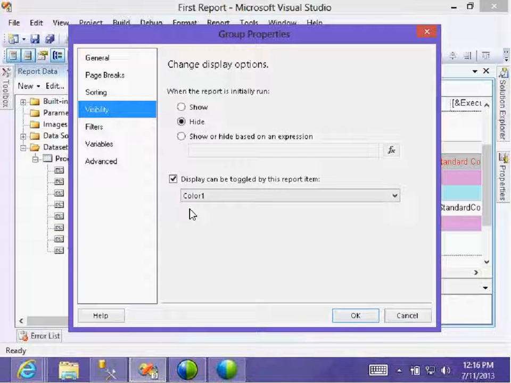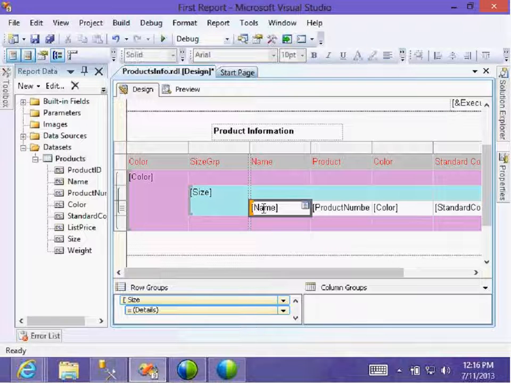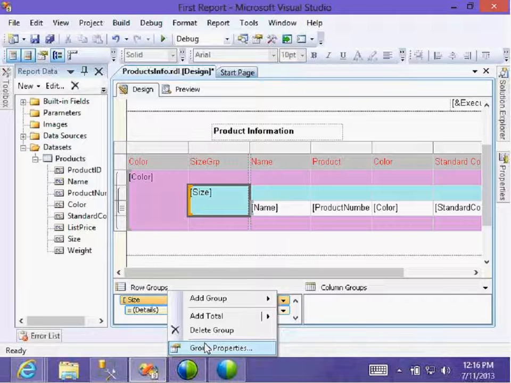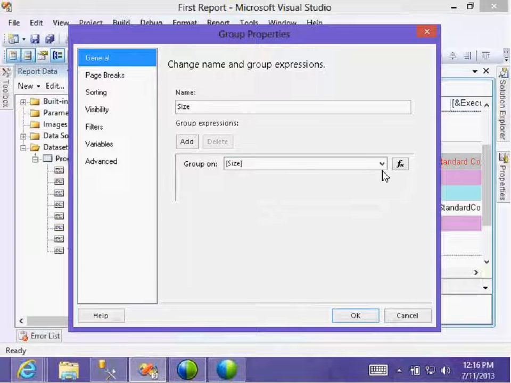But right now, what is our requirement? To be displayed once you start. Go for the size column. Okay, size group. Now go to the sizes. Do you want sizes initially? No. Then go to the size group.